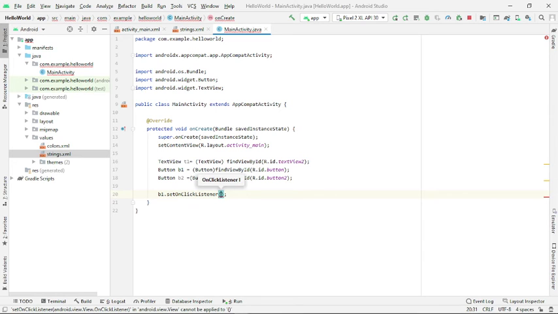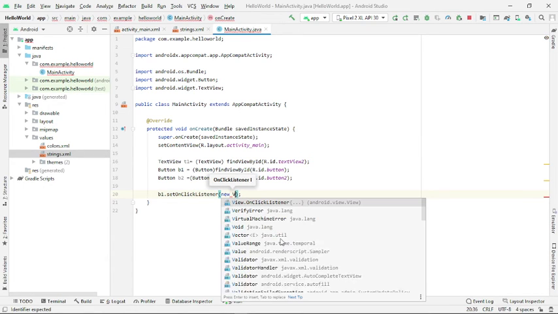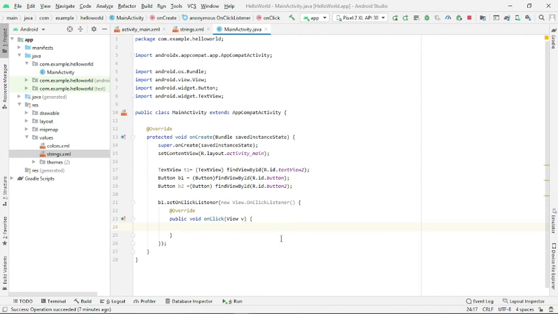Here inside this you are supposed to write a new view on click listener. So view dot on click listener. Inside that you are supposed to go with an onClick function. On clicking on a particular view, which here is a button, what you have to do is